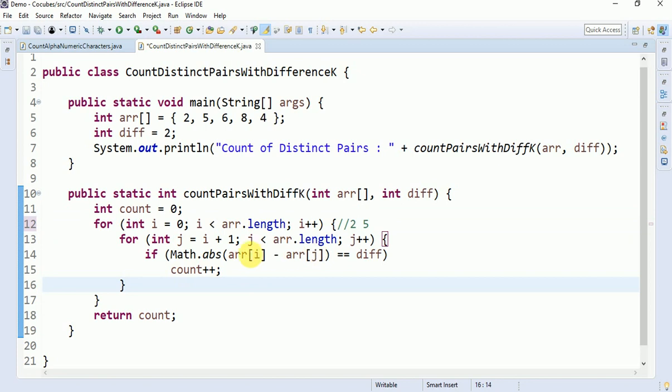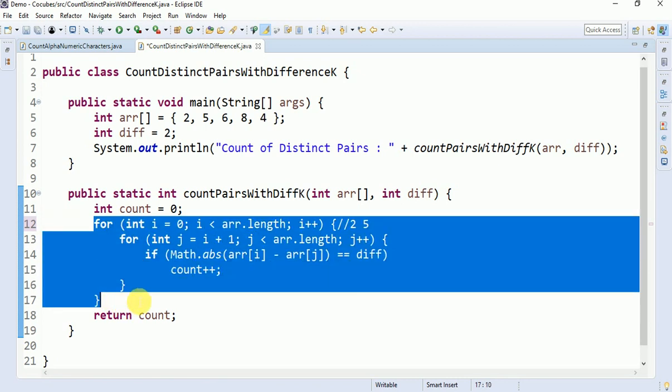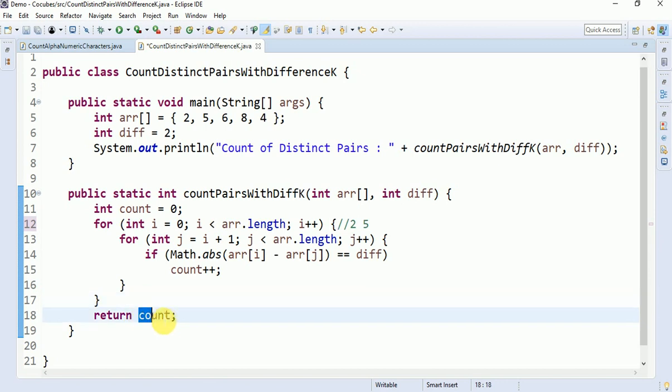So whenever array of I minus array of j equals the difference, then you get count plus plus. I mean you have to increment it. So until all the element comparisons are done, you get the final count.